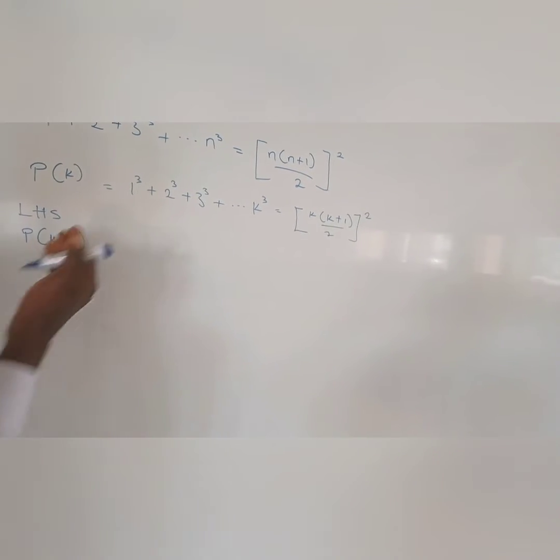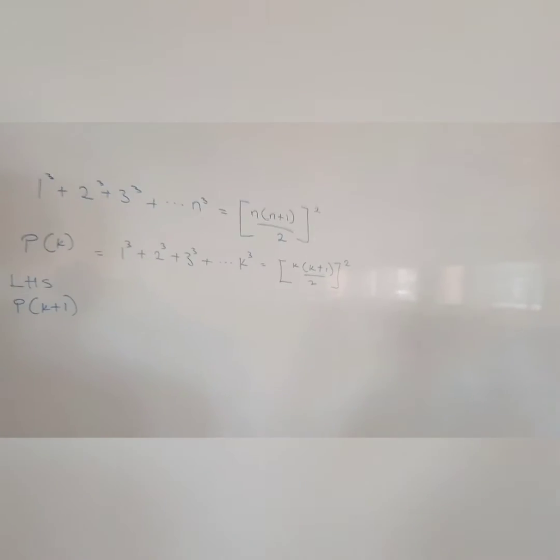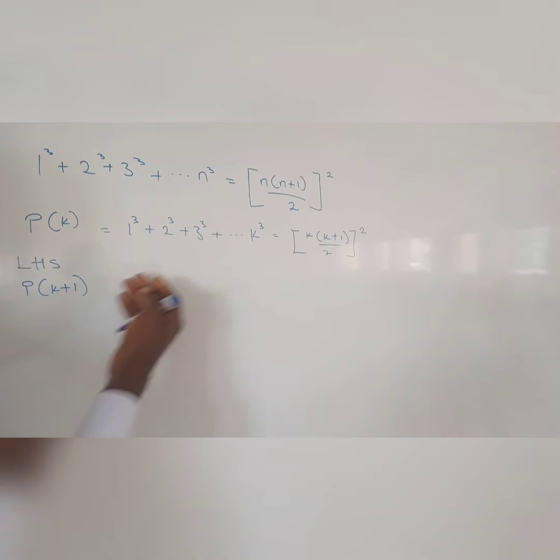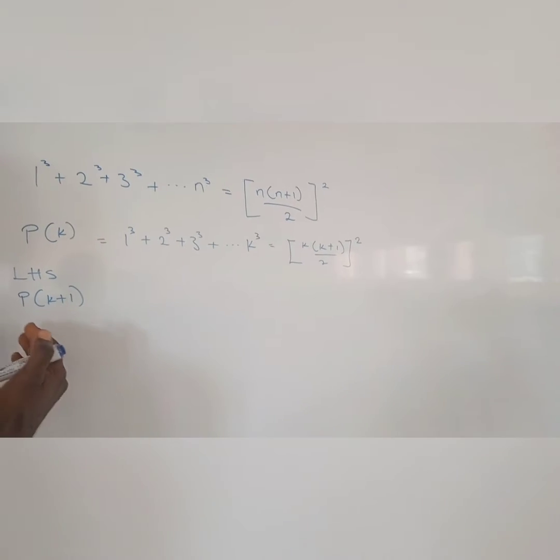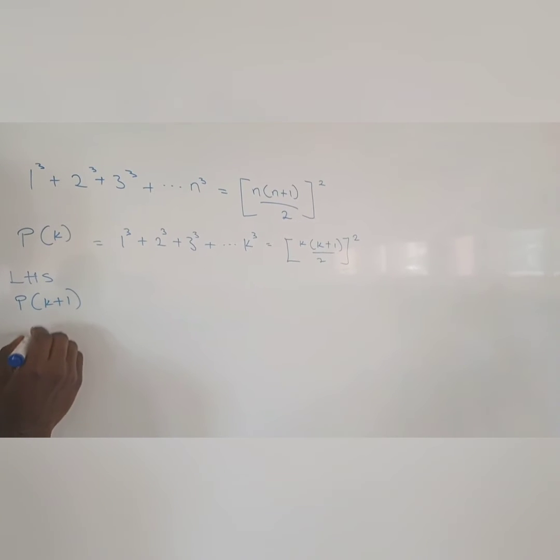How can we verify this statement is true? Let's say if we add the next number, the preceding number, and sum it, it's going to give us an answer. So after this, we're going to have k plus 1, and adding it into here, we have